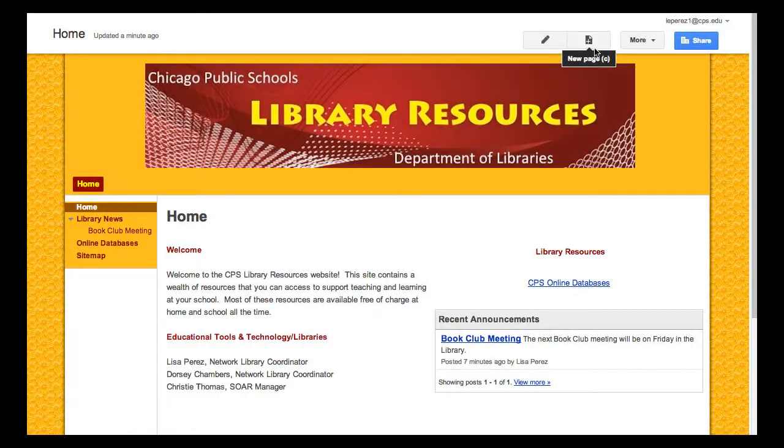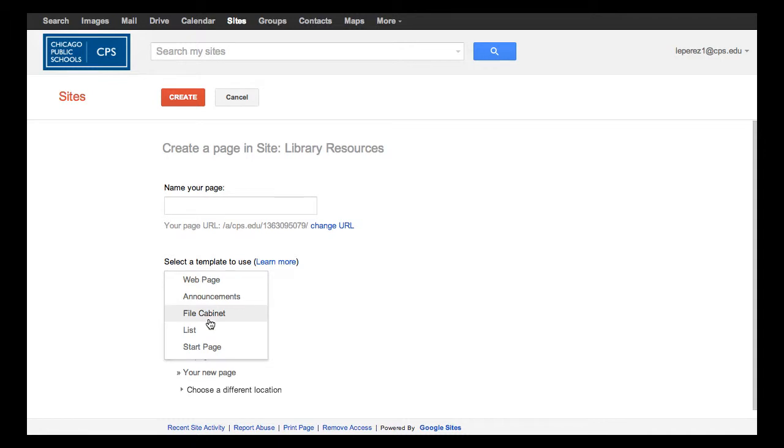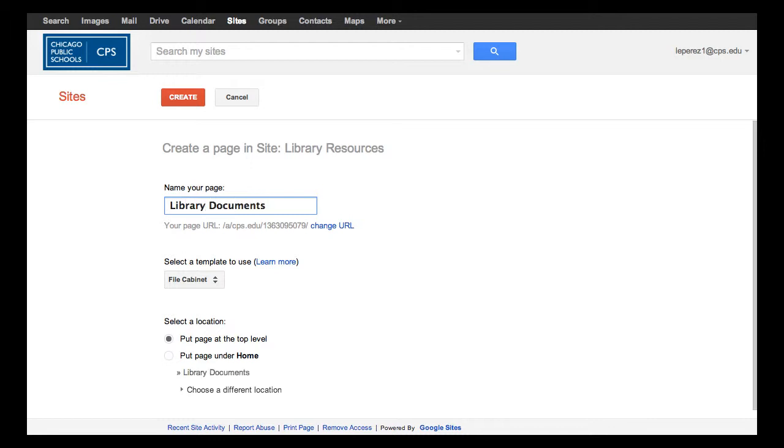Let's quickly look at the other types of pages. I'm going to select New Page again. And this time, let's go for the file cabinet. So maybe I will term this Library Documents. And so this would be handy if you have a website where you have a number of documents that need